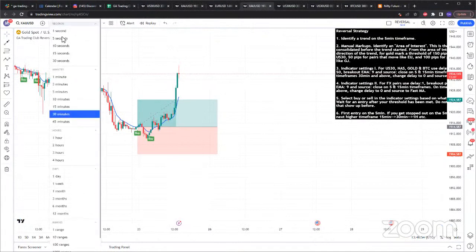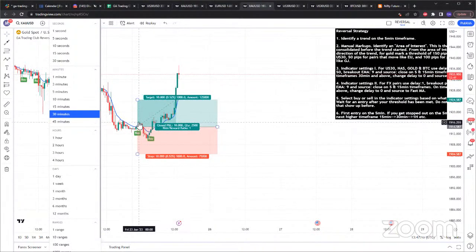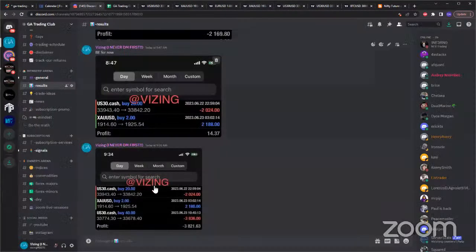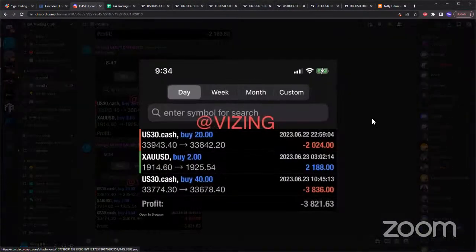I did mention that we got stopped out of the reversal on gold a few days ago on the 5-minute. Unfortunately, we didn't catch the 15-minute buy, but if you took the 15-minute, you'd have gotten faked out as well. And then this is the 30-minute. So this is the one I entered and I made like 1% for that one. So this was the trade that I took on gold.